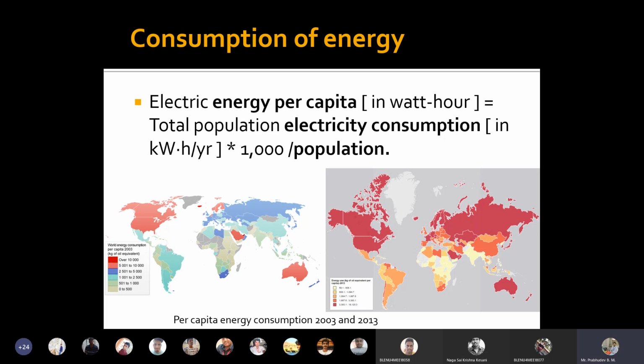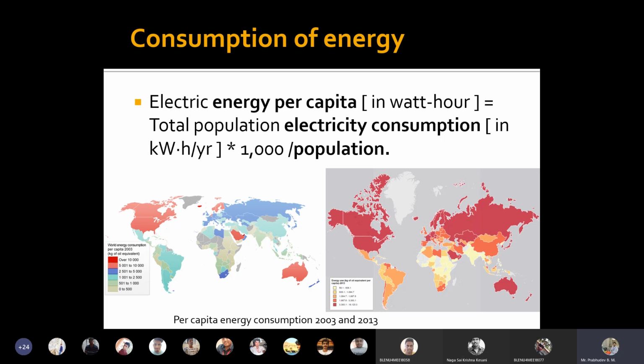In one line, we can say it is a ratio of total population using electricity divided by total population of the country. So this will give you the per capita energy consumption. So like this, what it actually says is that now all countries are behind using more and more power. In the next slide, we can see how much population is there in a country and how